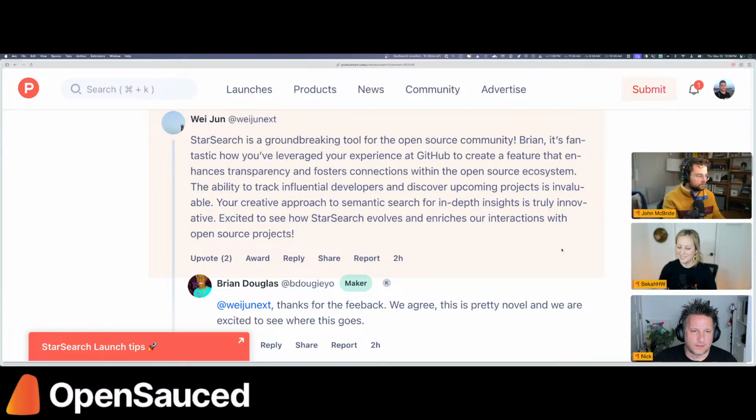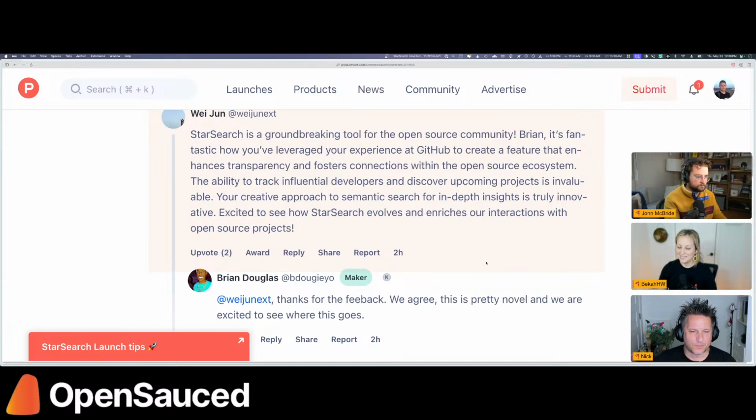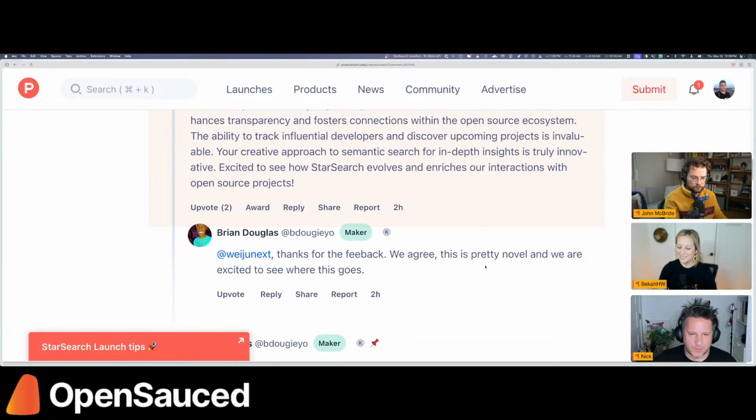It's fantastic how you've leveraged your experience at GitHub to create a feature that enhances transparency and fosters connections within the open source ecosystem. The ability to track influential developers and discover upcoming projects is invaluable. Your creative approach to semantic search for in-depth insights is truly innovative. Excited to see how Star Search evolves and enriches our interactions with open source projects. And B Dougie's just saying thanks for the feedback, and we agree it's